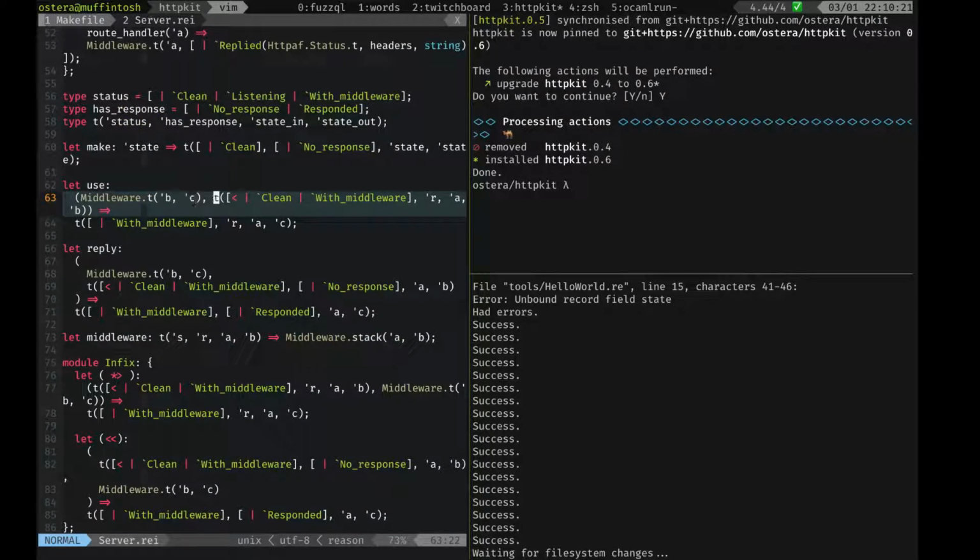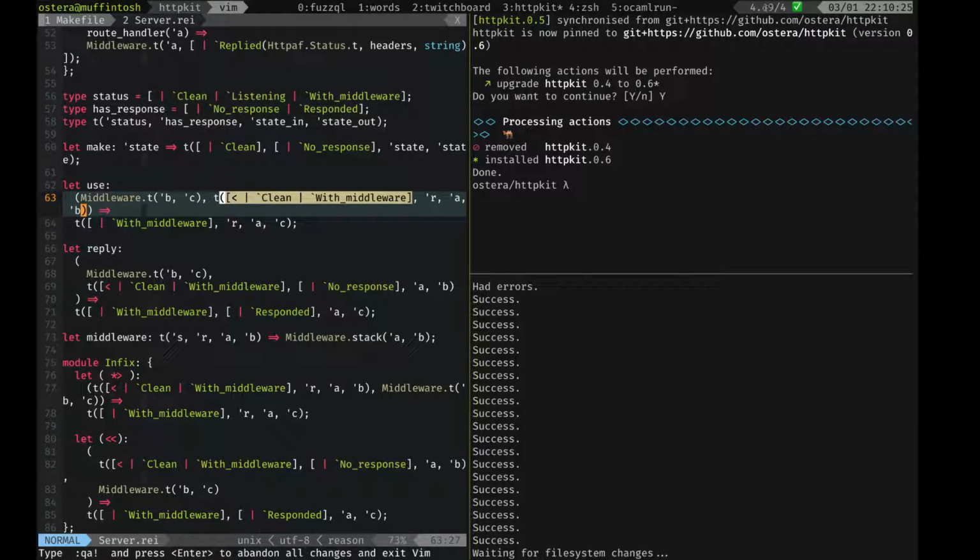I already am using a lot of type state in this library to be able to determine whether the server is clean, is currently listening, or has middleware, right? On whether it has or not responded. So essentially, when you build a new server, you have a clean one without a response, and then as soon as you put a middleware through it, then it says it has middleware, and then as soon as you respond, it will return you